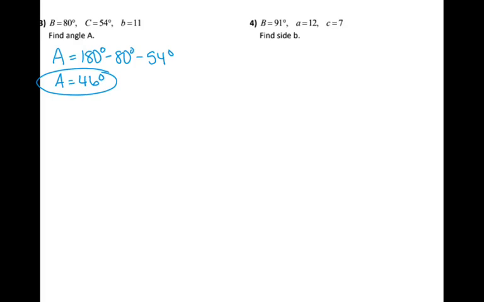So let's go ahead and draw my triangle to see what we're dealing with. So A, B, C. Angle B is 91 degrees. Side A is 12. Side C is 7. So if you look, I have an angle and two sides, but this is not an ASS triangle. This is a SAS triangle. Side, angle, side. So with the SAS triangle, we're going to go ahead and solve for the third side using